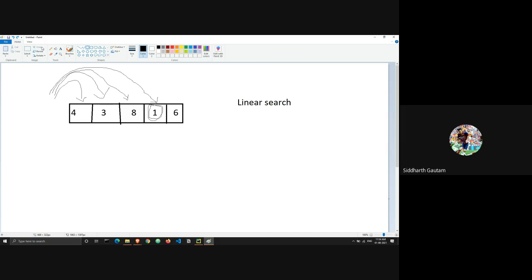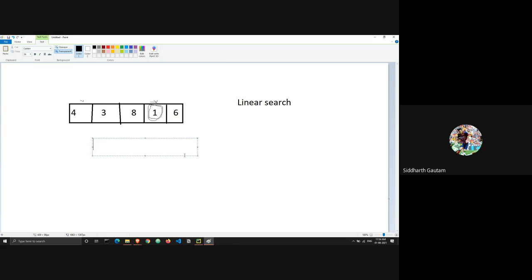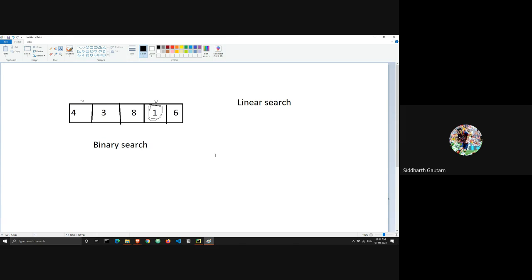So let me remove this, and we will keep this. Now what we're going to do is binary search. To do binary search, first we have to sort the list.